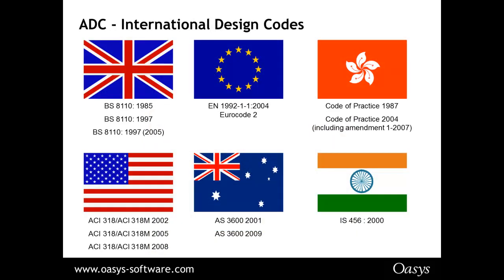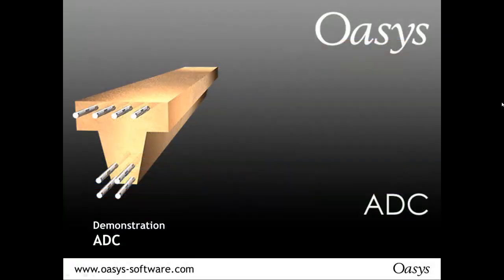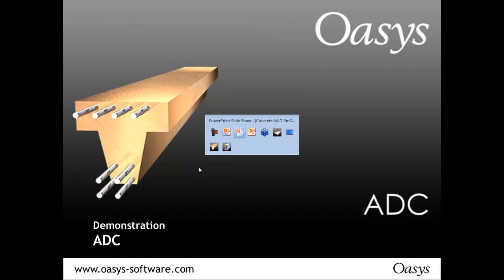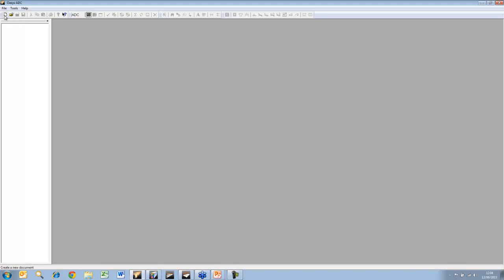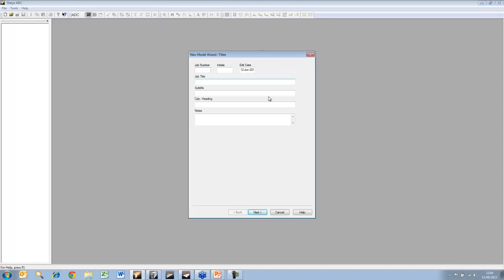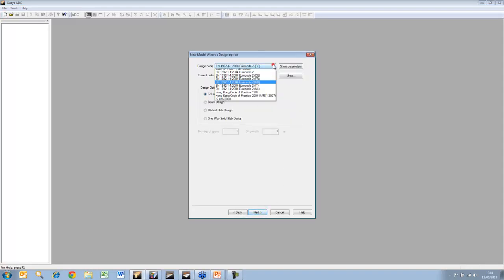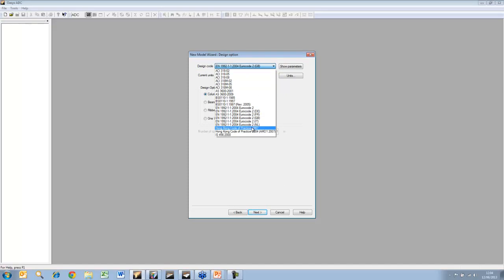But ADC works to a number of international codes, including the Euro codes with national annexes, but also Hong Kong, Australia, America, and Indian codes. There's not too much to say about ADC. Let's look at it in action instead. So what I'm going to do first of all, I'm going to create a multi-span beam. I'm going to change my design code,